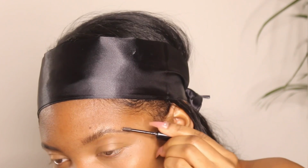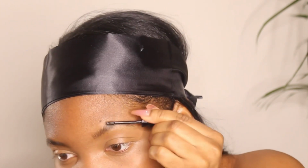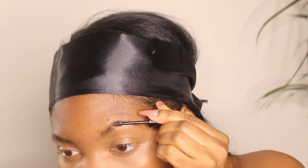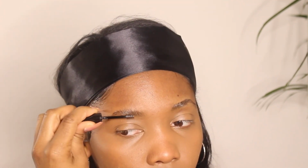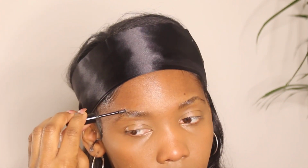I'm just gonna kinda, and it makes your brows look like super full when you do it like this too. It makes them look more presentable, like more done. So I really like this technique. And then on the top,